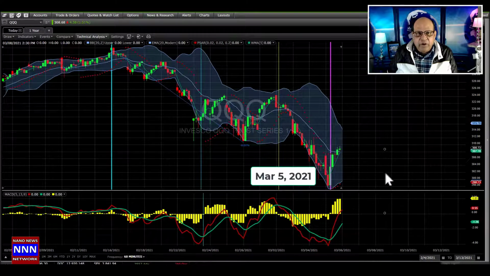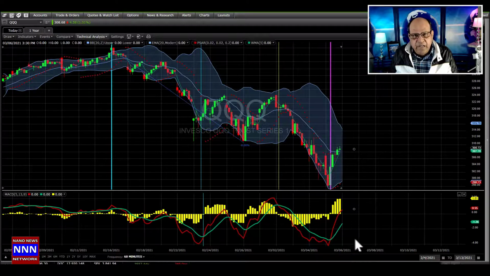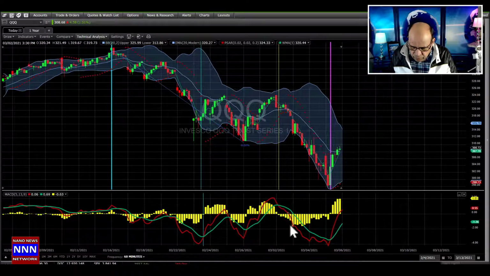As you know, on Friday, March 5th, we felt maybe we had reached a bottom. And did the MACD help us to identify that? In a sense, yes. As you can see, there was a nice, beautiful mount built here. The prices were going down and the bars were getting taller and taller. Then the bar heights gradually decreased. Then there was a sort of seesaw appearance here. And eventually, when the bulls came in full force,